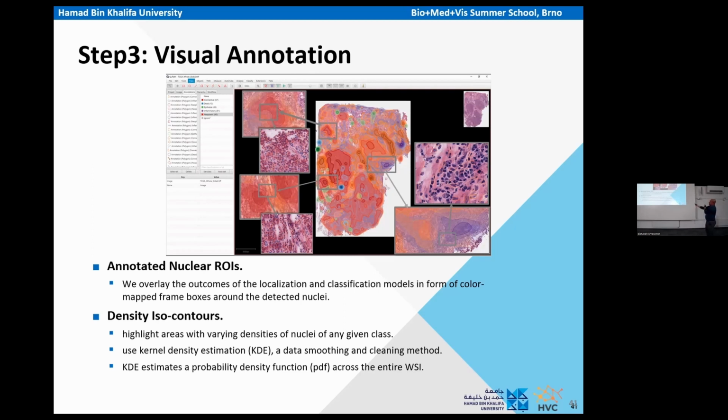And as visual annotation, we provide two kinds of annotations. One is the bounding boxes of the various nuclei with an indication of the probability of being part of a class, and also the color related to the various classes. And we also provide density isocontours. We compute them by using kernel density estimation, in a way to create a sort of density map that at